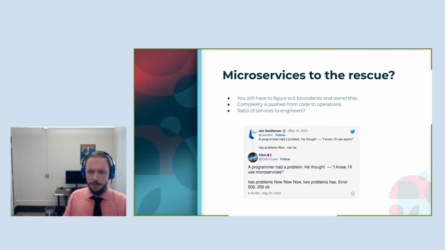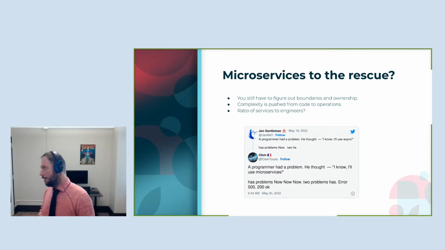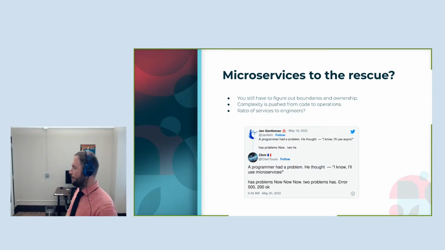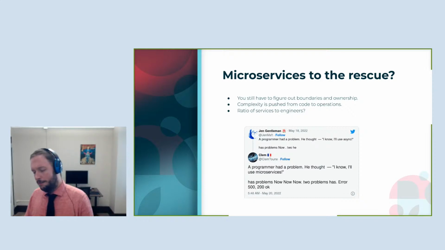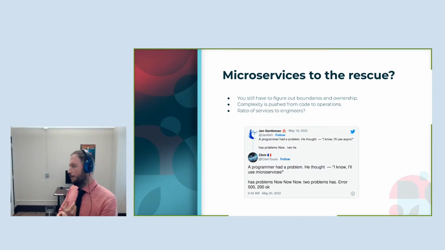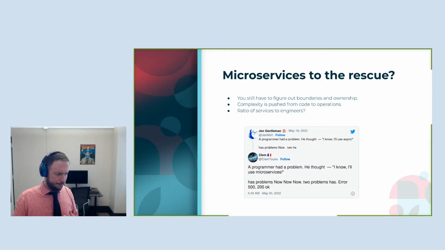But as mentioned, he's talked to different CTOs. He's heard different ratios of microservices to engineers. And he's heard, for example, 20 services for 30 engineers. And that is just a huge ratio, because the complexity doesn't go away. You just push it from the code into operations. And suddenly deploying things, running things becomes a lot more complicated. So having each team be able to handle a lot more before they need to split is valuable.